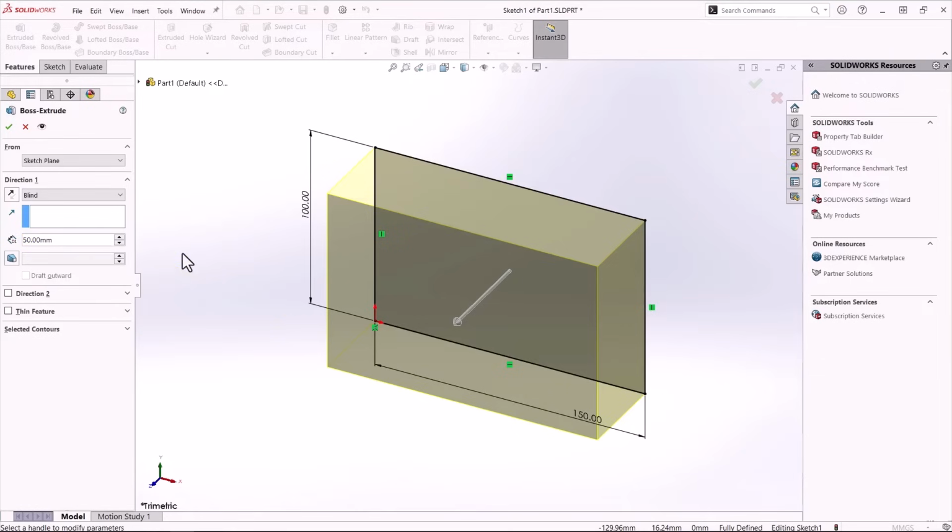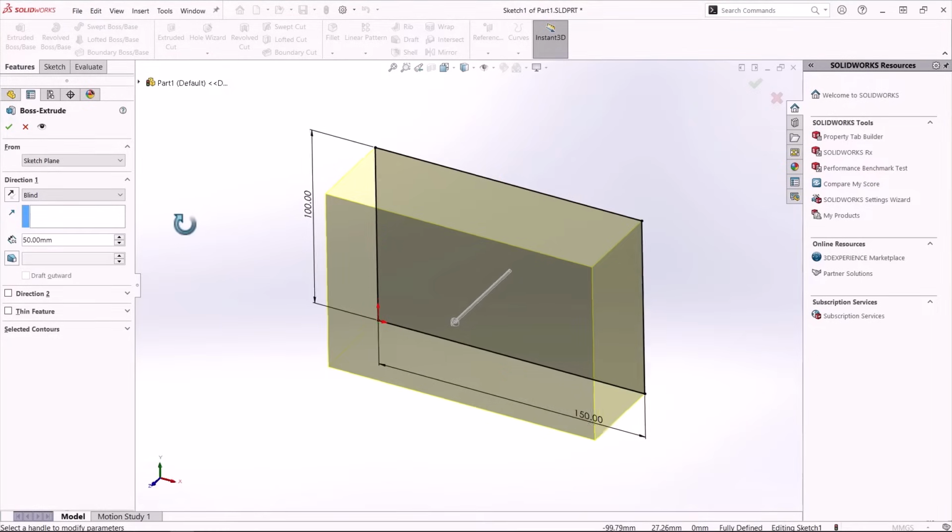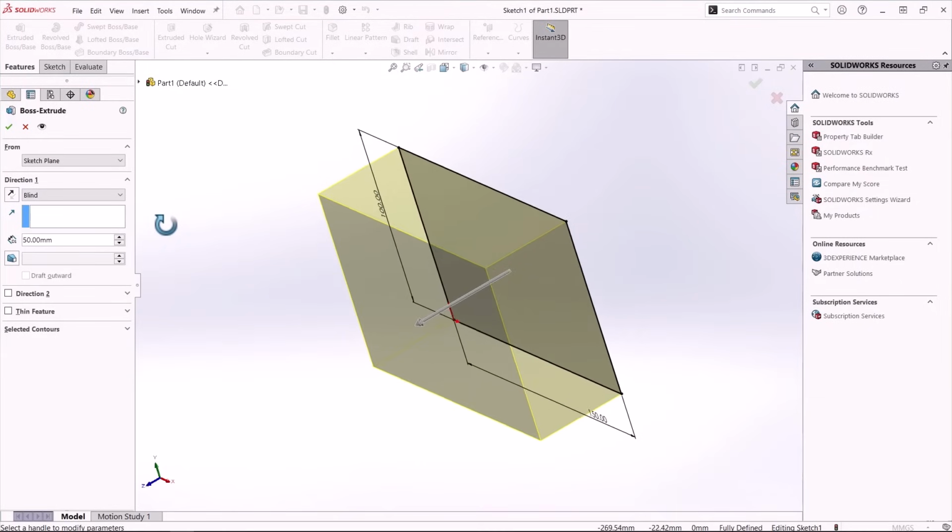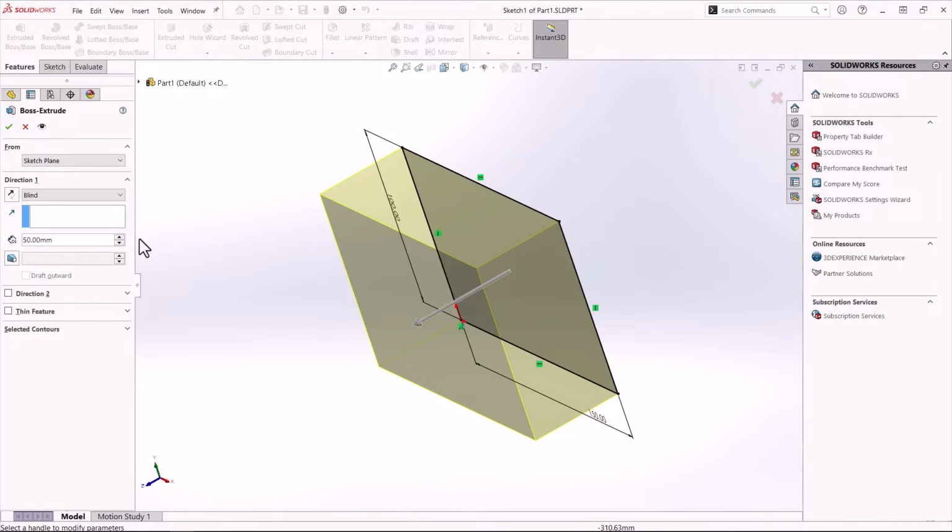Additionally, I can alter the direction of the extrusion by clicking on these arrows. Note that even with the Extruded Boss command active, I can still rotate the model to better visualize the results before confirming the command. If you want to extrude in the opposite direction using a different value, you can utilize the Direction 2 field.